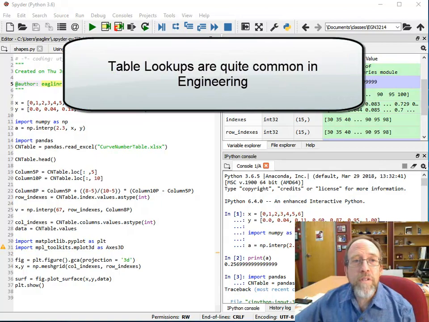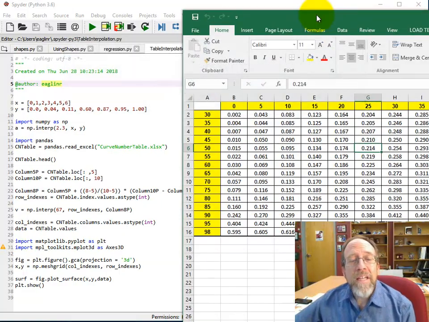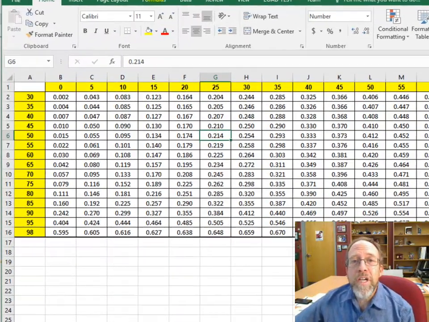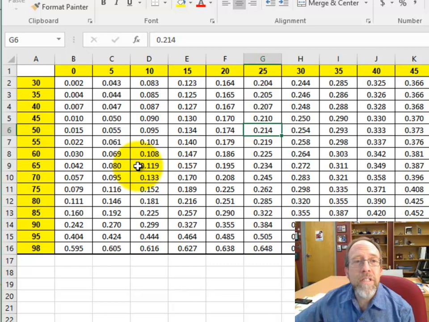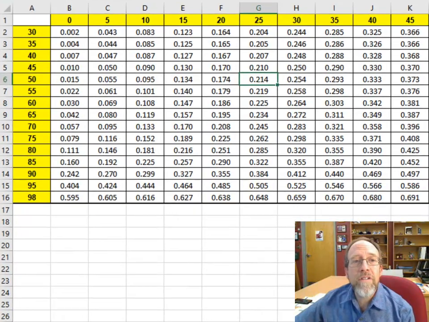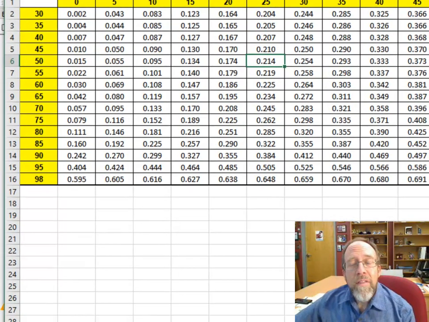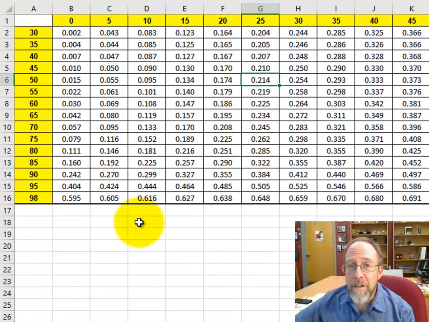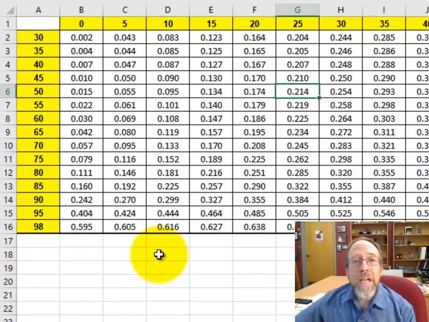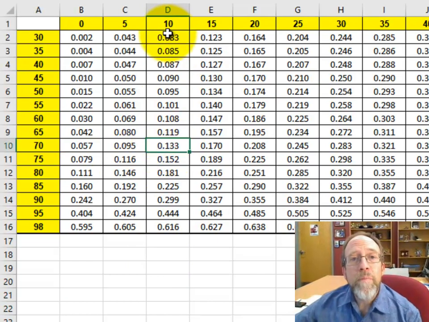So let me pull over this Excel spreadsheet right here. And let's say what we're trying to do in this Excel spreadsheet, and I don't think you need all the header information, so let's just move that right there so we can fit as much as we can in. This is just a typical table of values, and what you might have to do in an engineering job is say, well, suppose I need to figure out what is at the column with the value of 10 and the row with the value of 70, and it's pretty easy to take those two pieces right there,